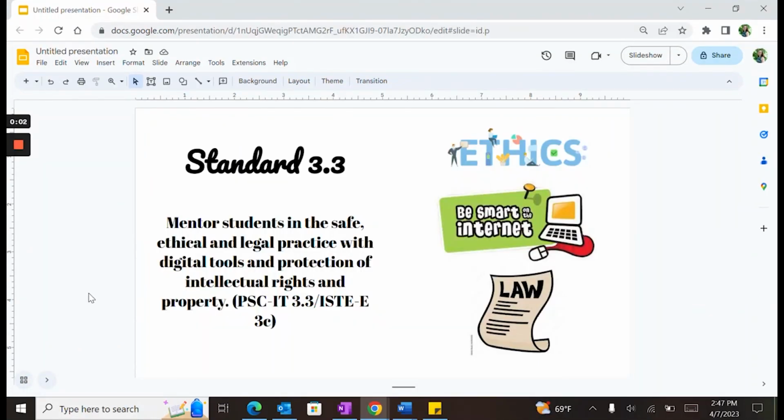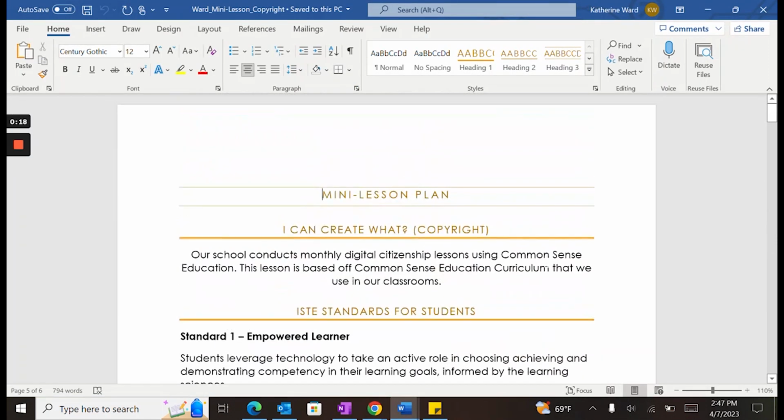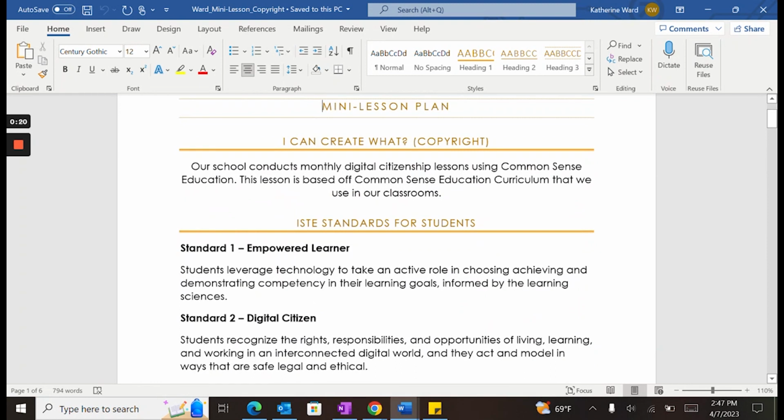Standard 3.3, mentor students in the safe, ethical, and legal practice with digital tools and protection of intellectual rights and property. For Standard 3.3, I created 3 different lessons for our digital citizenship class. The first lesson was a lesson on copyright. In this lesson, students focused on